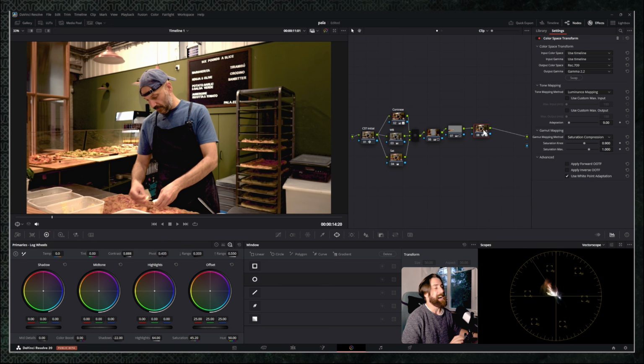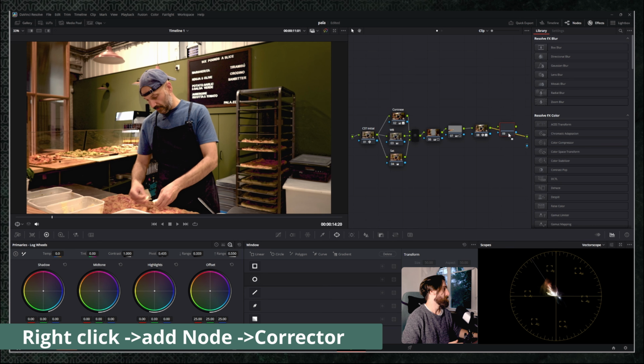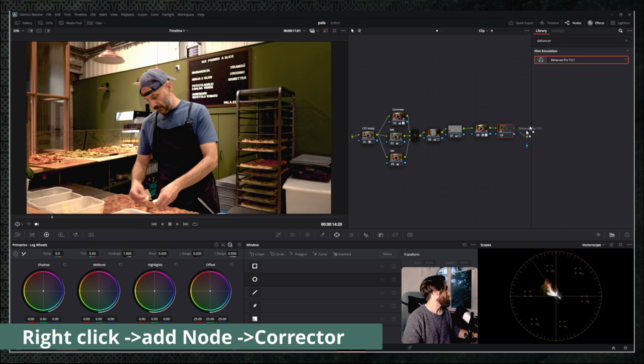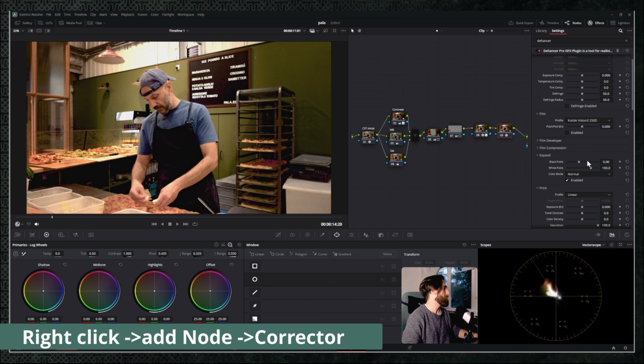You can also add in a final creative look depending on what you were wanting, the likes of going in, adding a corrector, putting it into the line, and then if we search for, let's say, Dehancer, bring that onto your page, select your source, which is Rec 709 now. It looks horrendous with the default. However, if we disable these